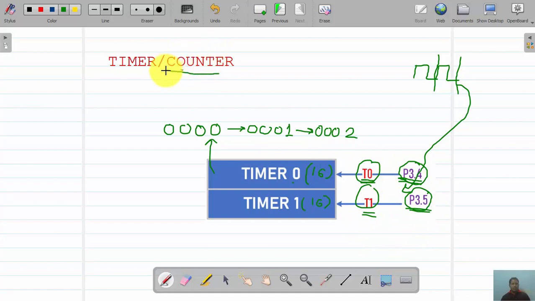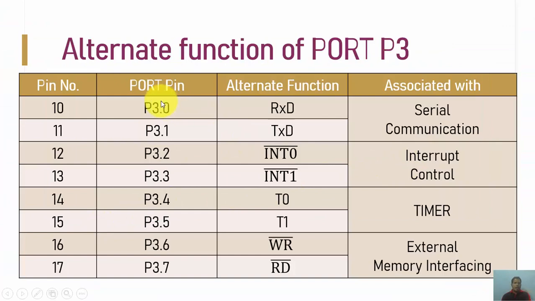It means simply counting external events, and to support this, two pins are there, P3.4 and P3.5. So in this way, the T0 and T1 pins are used. Now the alternate functions that are supported, as discussed: P3.0 is used to receive data serially, P3.1 is used to transmit data serially, and these two pins are associated with serial communication.